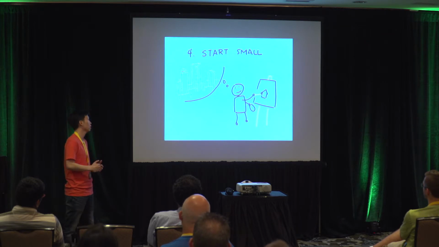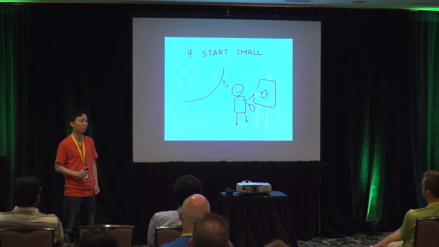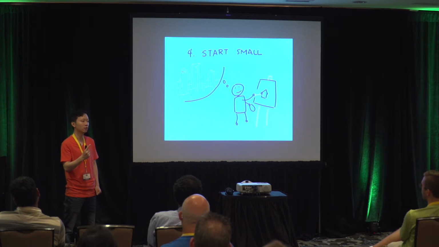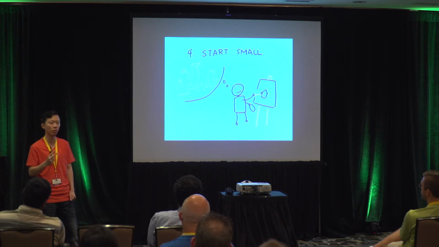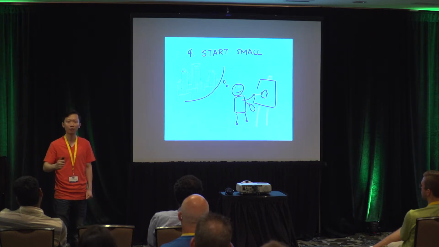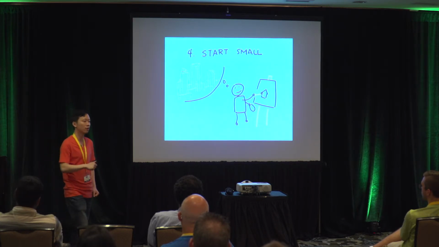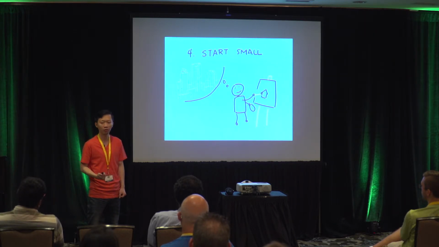So I would say that the best strategy is to start small. Build the simplest model you can get your hands on. Why? Because once you have a model ready, that's your baseline. You can use that to make more features. You can use that to understand your features. Remember, a simple model is usually low in complexity, so it will also help you understand your data. It takes less time to build. It takes less time to talk back and forth with your team about what kind of metric we should use. And also, if there's a problem in your data, a simple model is usually easier to debug than a complex one.